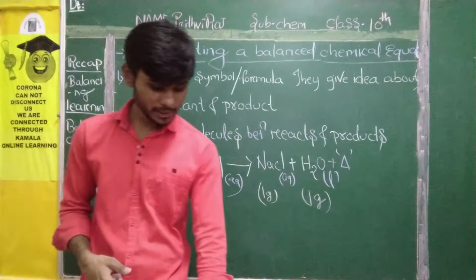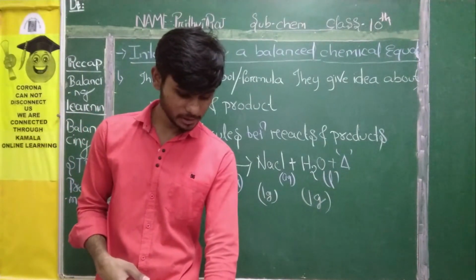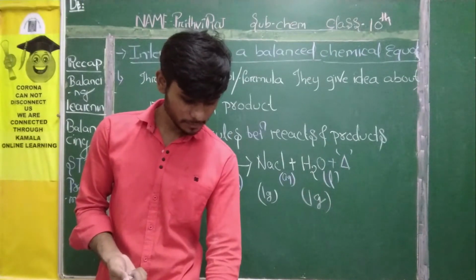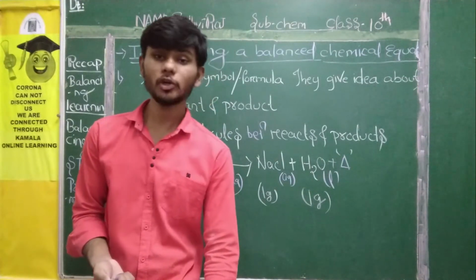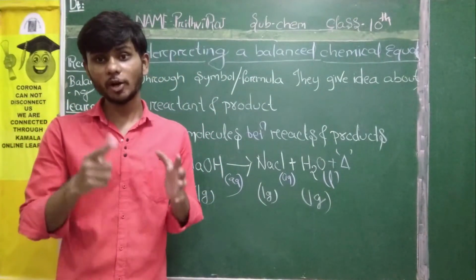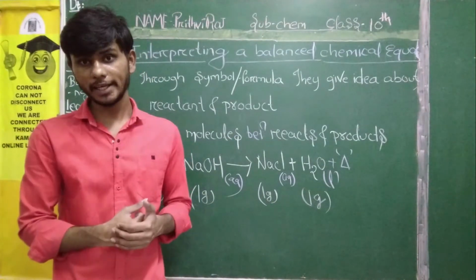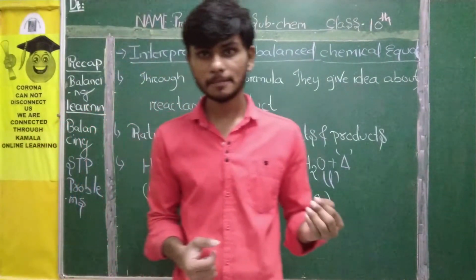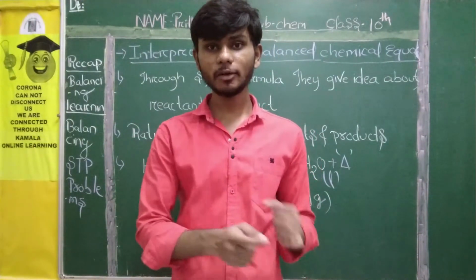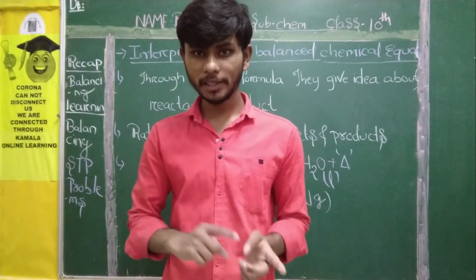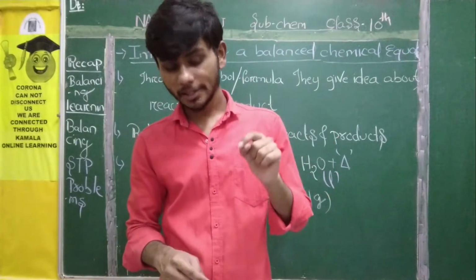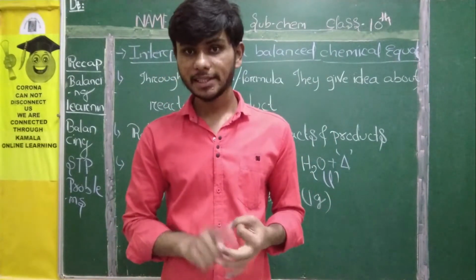And the fifth point: if gases are involved, we can equate their masses to their volumes and calculate the volumes of the gases liberated at a given temperature and pressure using the molar mass and molar volume relationship. By using it, we can calculate how much gas has evolved from a particular reaction. At some point gases are evolved, and as we all know, in an equation the reactant side must equal the product side according to the law of conservation of mass. But if gases are going out, how will you measure? You can measure by using this mass-volume relationship.